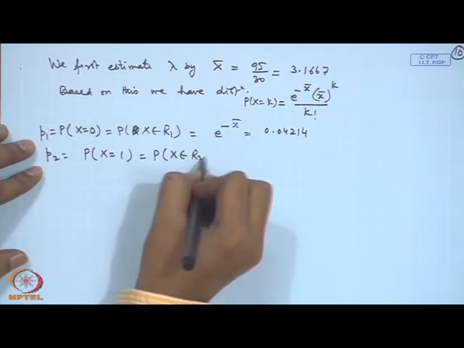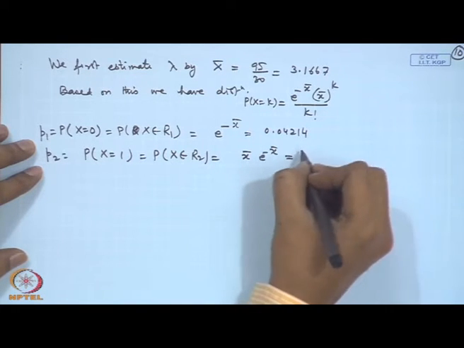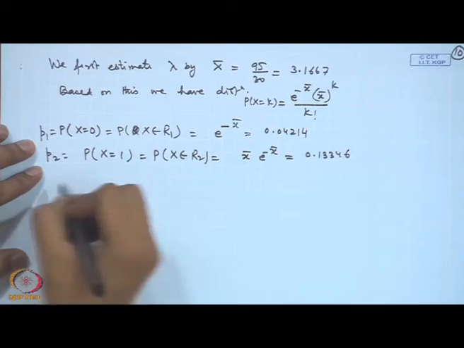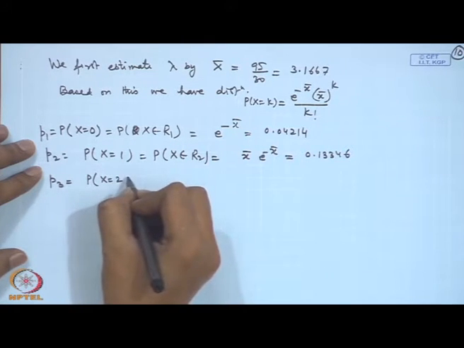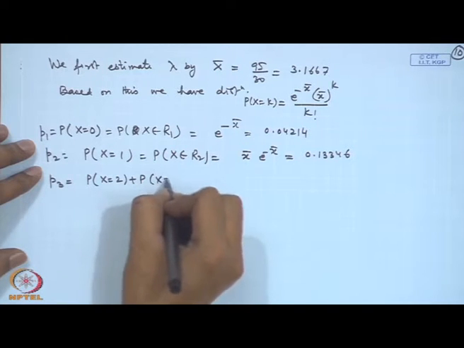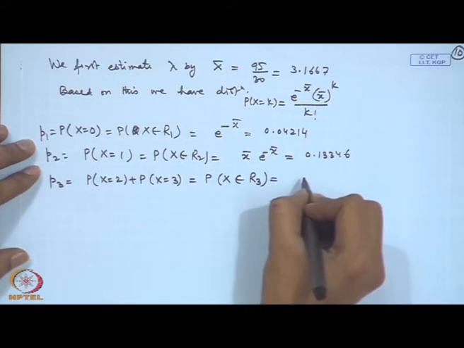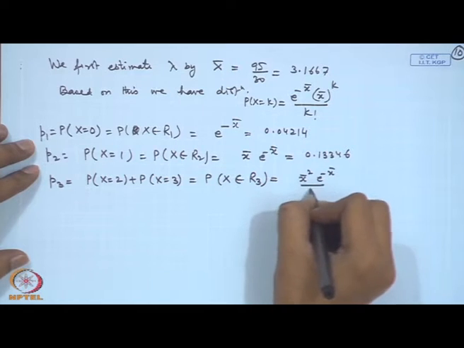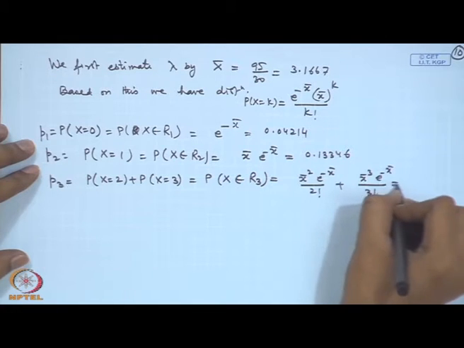Similarly, we can calculate P 2, that is the probability of x is equal to 1, that is the probability of region 2, equal to x bar into e to the power minus x bar. One can evaluate, it turns out to be 0.13346. Now, P 3 will be the probability of x is equal to 2 plus the probability of x equal to 3, that is the probability of the third region, equal to x bar square e to the power minus x bar by 2 factorial plus x bar cube e to the power minus x bar by 3 factorial, that is equal to